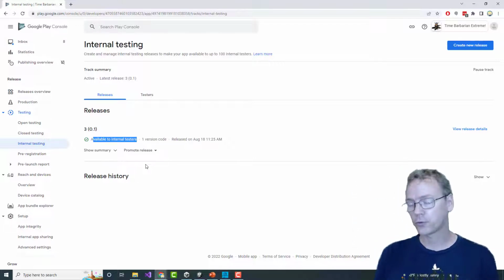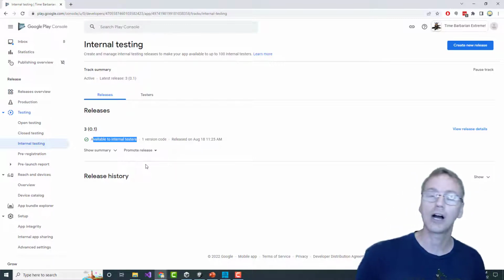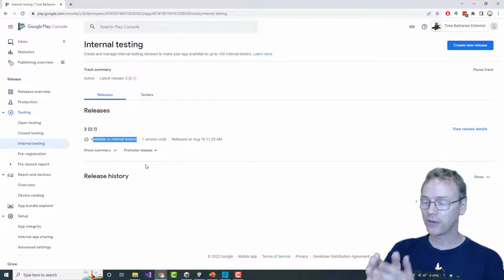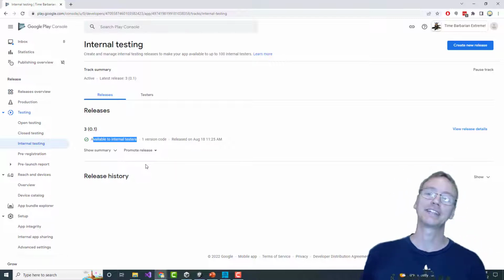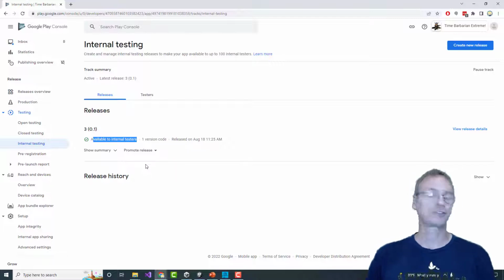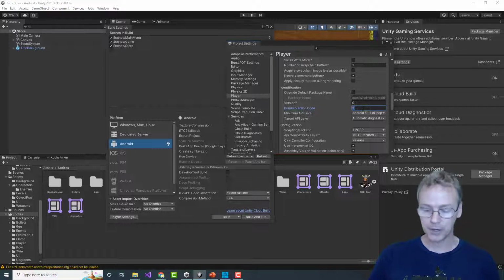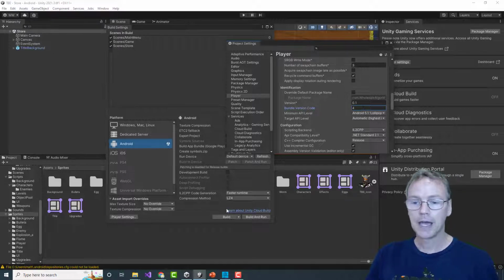If you do a build with 3, Unity will let you, and then the Google Play Store will let you upload the entire file. And only when the file is finished uploading will it finally tell you, I can't use this file. You've already used that number. And then you have to start over. Keep track of what number you're on, increment the number every time you're going to do a build, and then